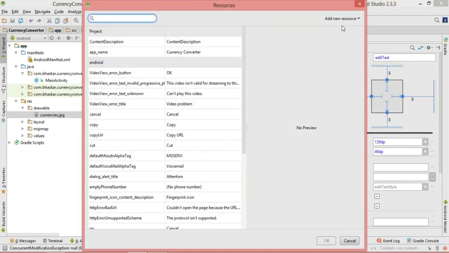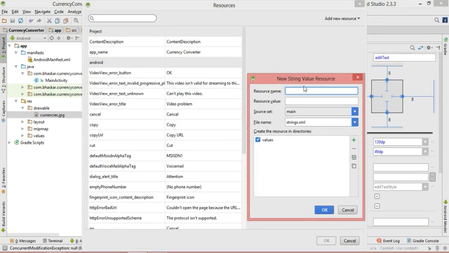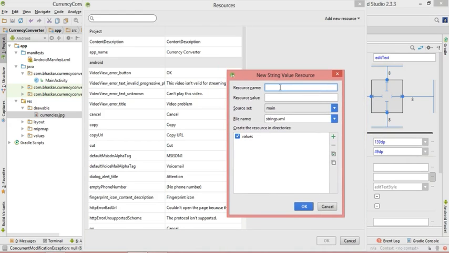and put one hint. This hint will be shown in the text field like a light text. When the user will click there, then the text will go from here and go from that point, and the user will be able to write there something. So just put it hint. This is the resource name, string resource name, and value. Put here